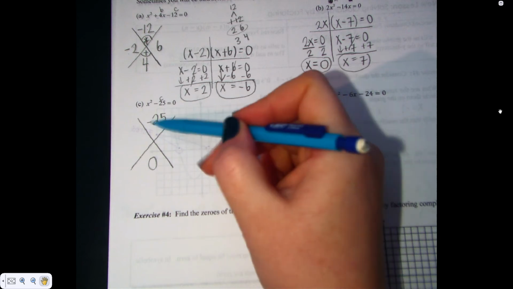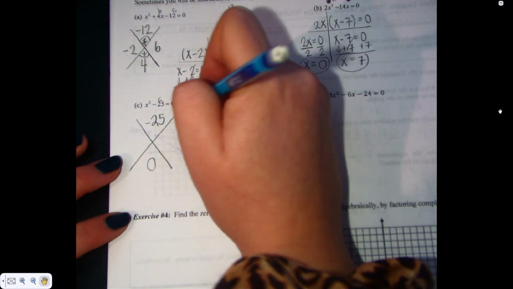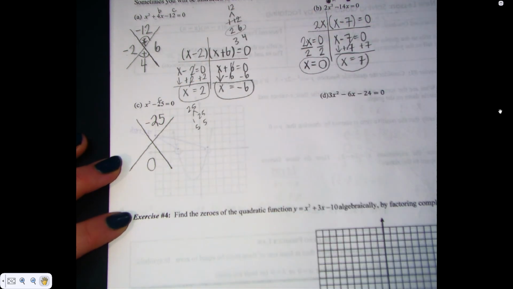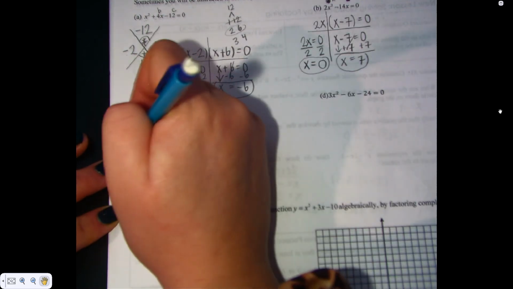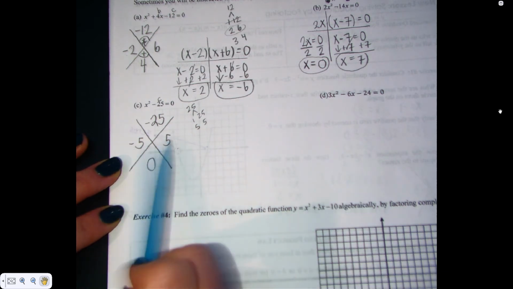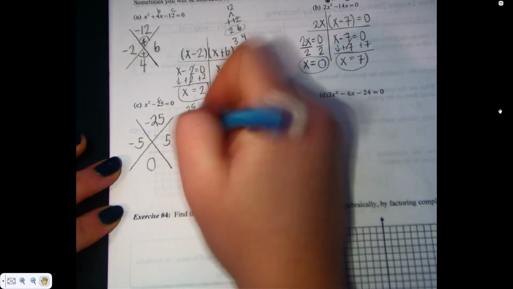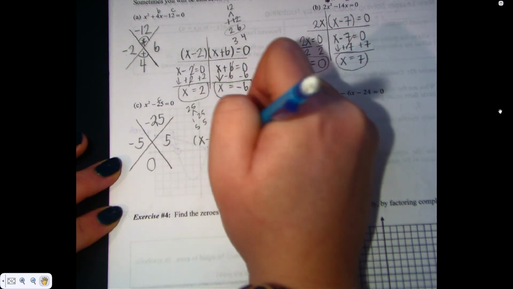I need 2 numbers that multiply to give me negative 25, and they also have to add to give me 0. Okay, so if I had 25, I have 1 and 25, 2 no, 3 no, 4 no, 5 and 5. Well, if these things are going to add to give me 0, one of these things has to be negative. So negative 5 times 5 is negative 25. Negative 5 plus 5 is 0. So what are my factors? I get x minus 5, x plus 5